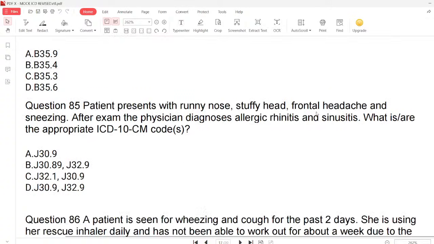85. Patient present with runny nose, stuffy head, frontal headache, and sneezing. After the exam, the physician diagnoses allergic rhinitis and sinusitis. So, what is the appropriate code for the